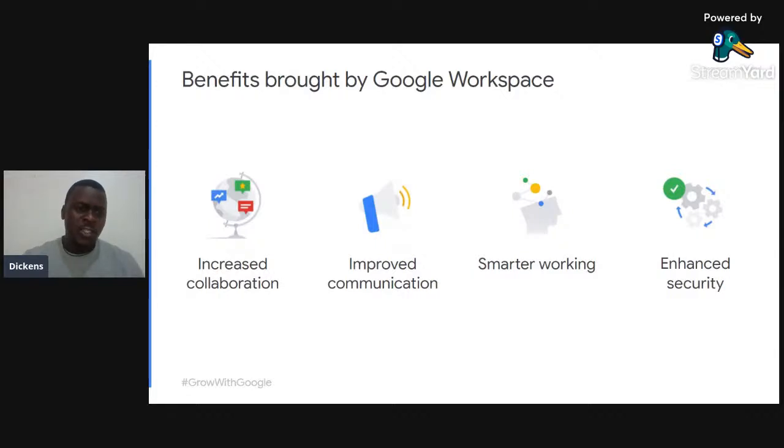All right. So let us look at benefits that are brought by Google Workspace. As you can see, there is increased collaboration. We can collaborate even wherever you are. So increased collaboration, improved communication, and I'm going to also show you some of the tools within this particular space we can use to increase communication, right? Smarter working means there are no papers, ladies and gentlemen. All your work is online. You can access it anytime, and you are there. There are no fears of losing documents and any other important work-related document that has been created by you as the owner.